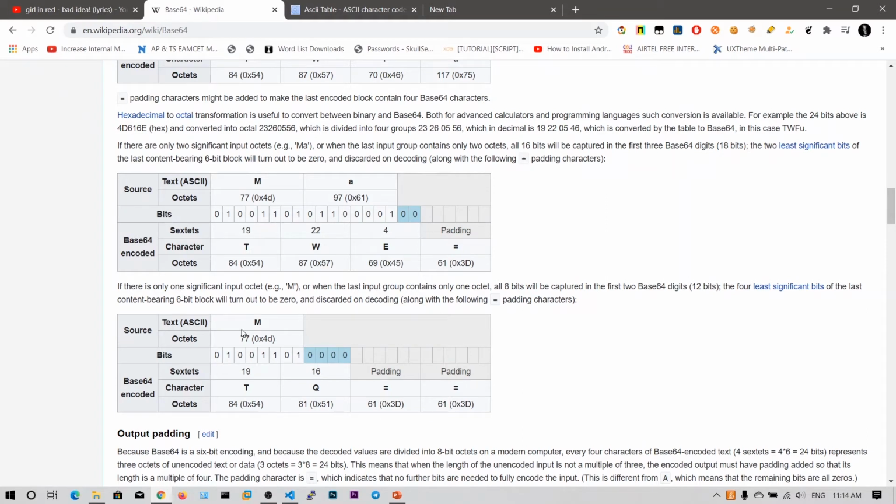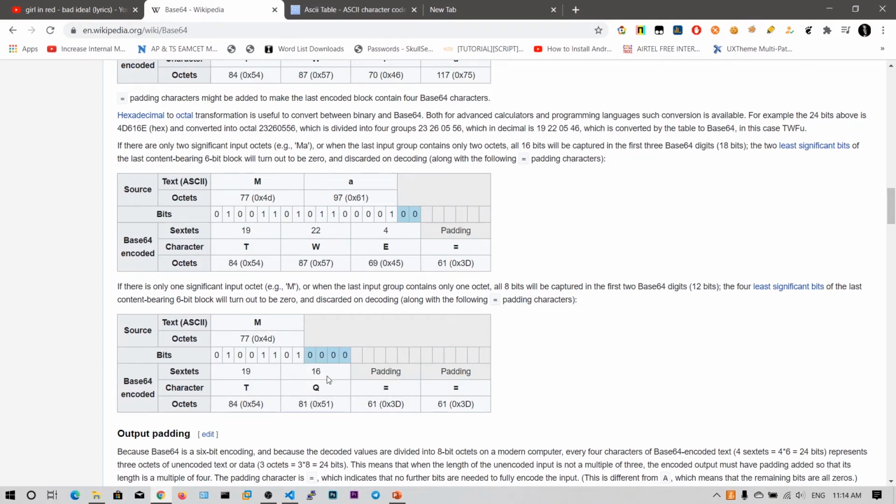In the same way, if there is only 1 byte, you convert that into 8 bits, and then add padding. For the first 6 bits consider 19, and then we have only 2 bits remaining for the last character. We need 6 bits, so there are already 2 bits, and you need to put 4 zeros at the right, and you get 16.